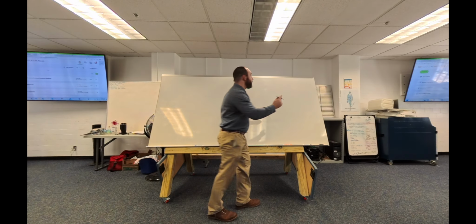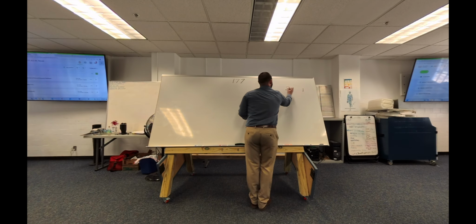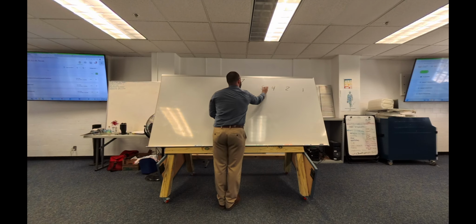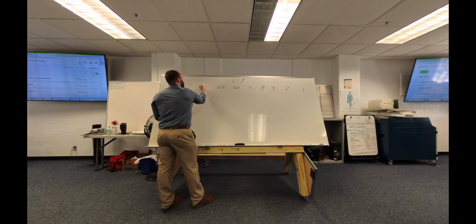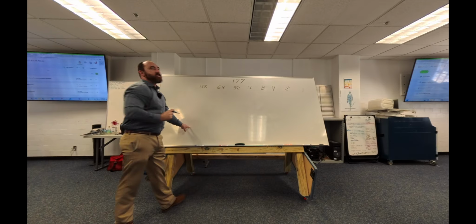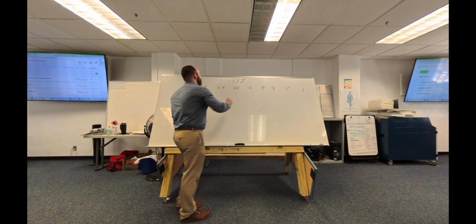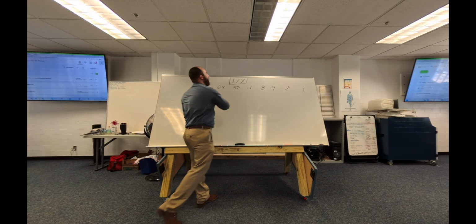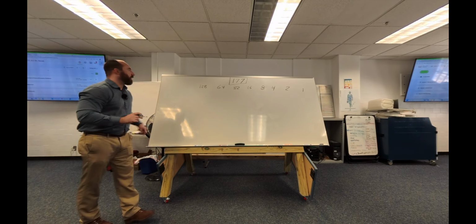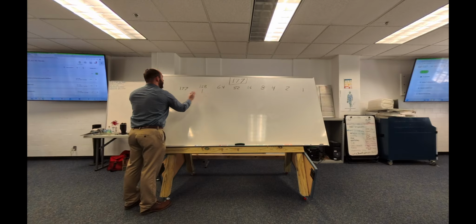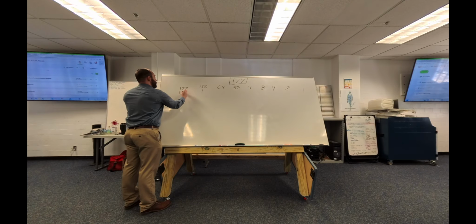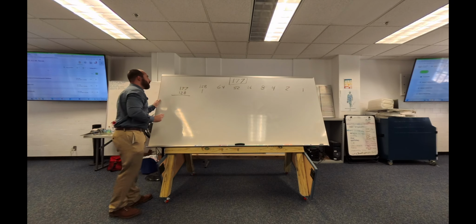My number line is 1, 2, 4, 8, 16, 32, 64, 128. We start with the larger number. We want to solve for 177 decimal to binary. Does 128 go into 177? Yes. So that'll be on. 177 minus 128 gives us